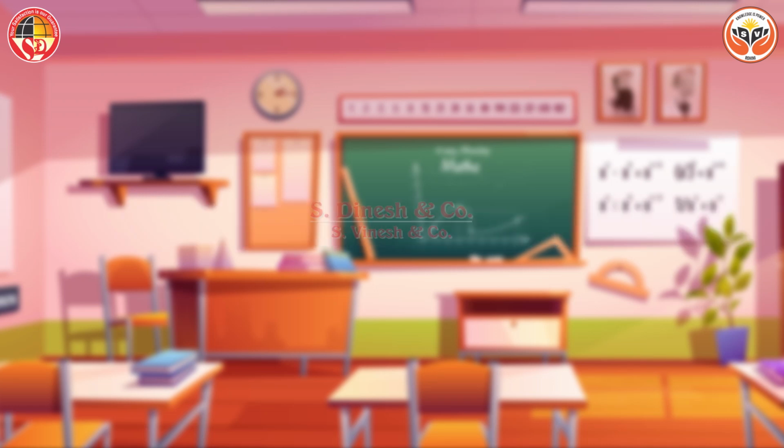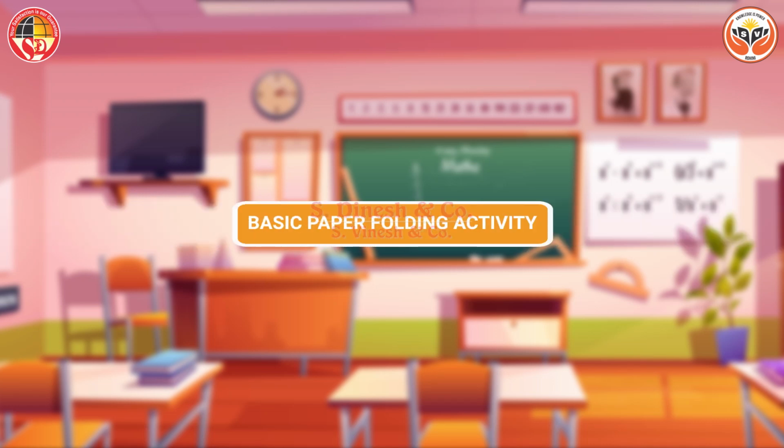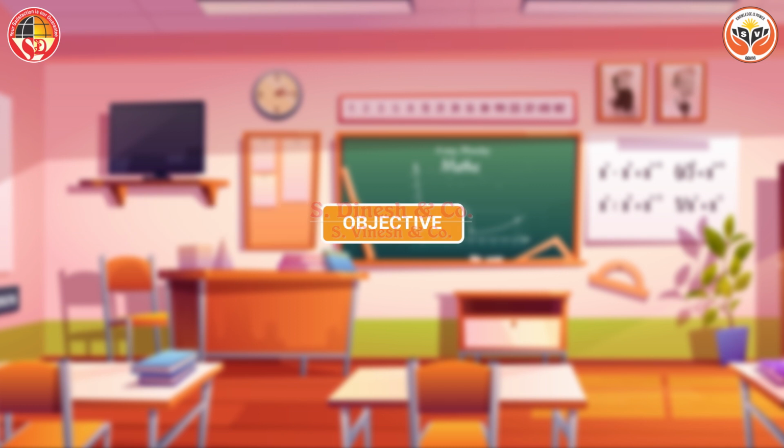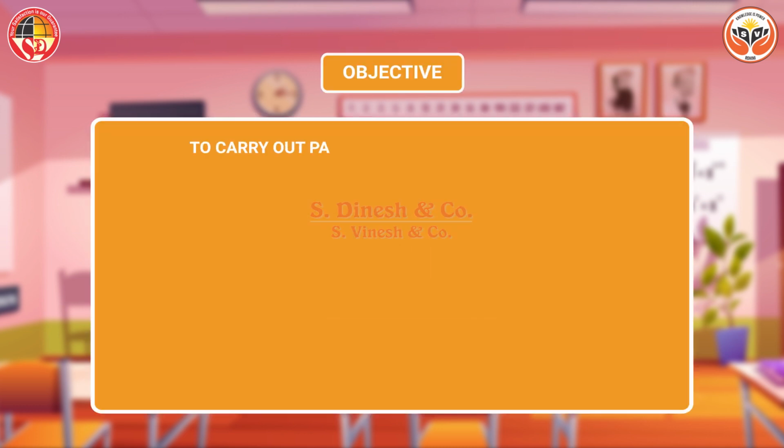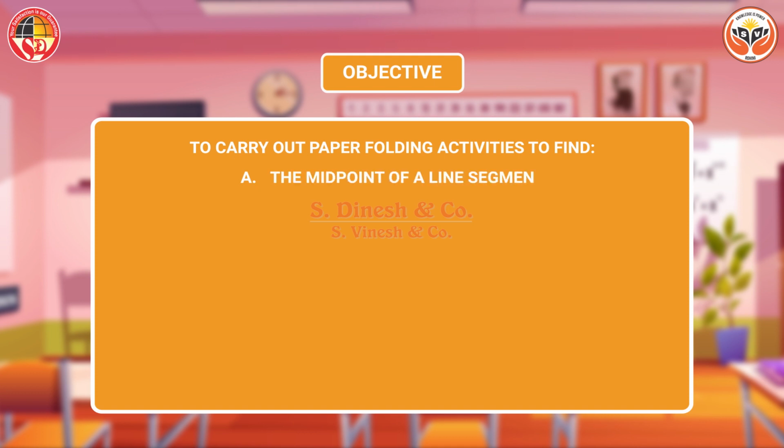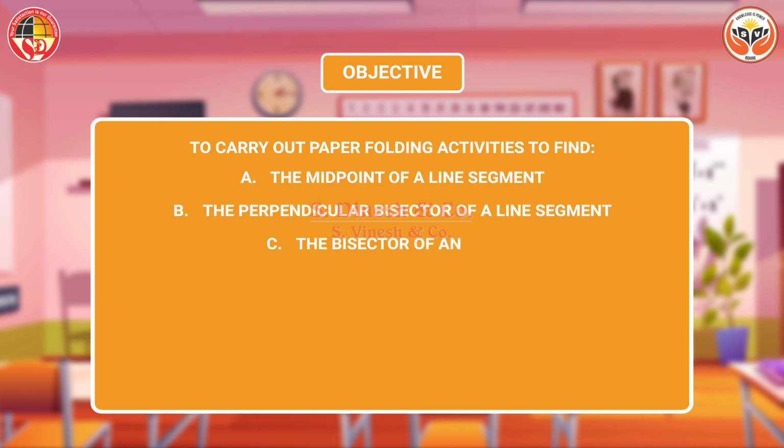Activity 11. Basic paper folding activity. Objective: to carry out paper folding activities to find A. the midpoint of a line segment, B. the perpendicular bisector of a line segment, C. the bisector of an angle,